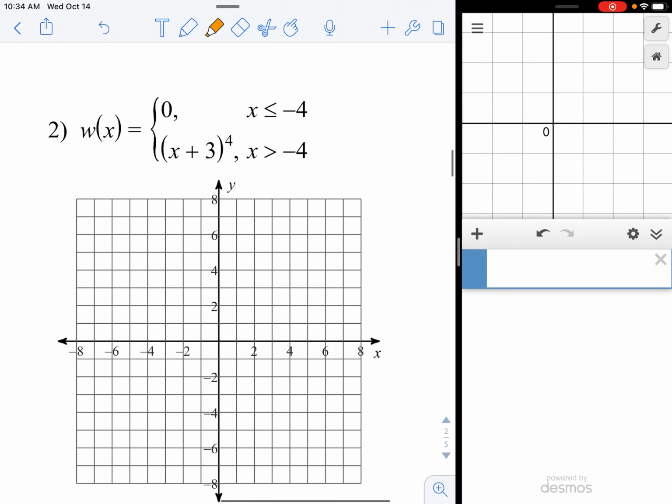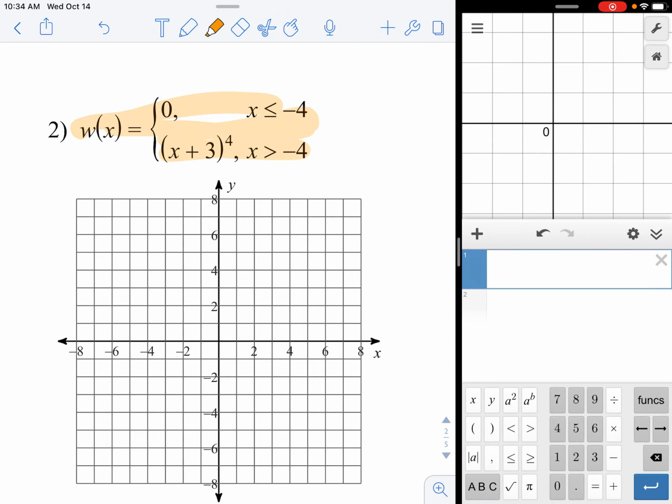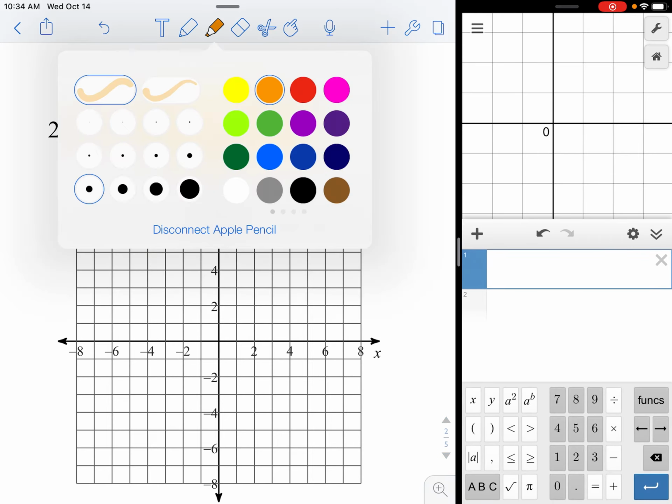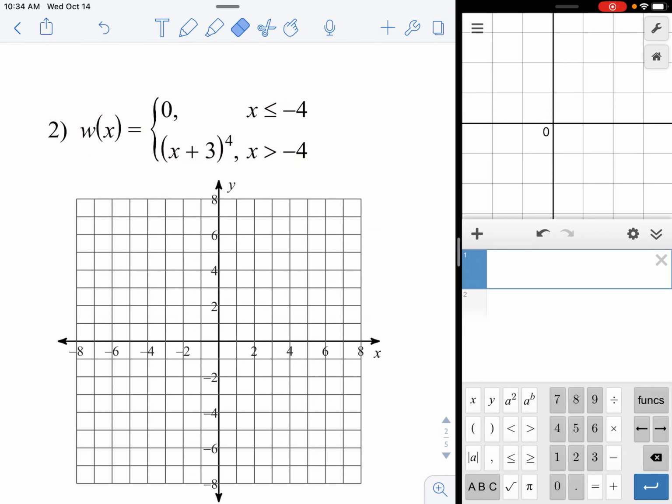Now, what would be nice is if you could type this in to Desmos over here on the right, and it would just draw the picture and you're done. Unfortunately, it's not that easy. For a two-piece function, you actually need to type in 2 lines. And secondly, what you type in does not look exactly like this. Instead of w of x or f of x or anything like that, I just like to use y. So y equals